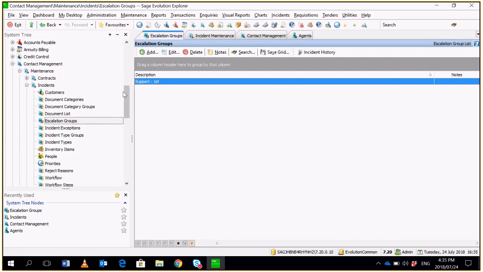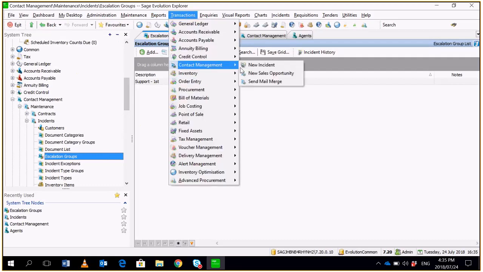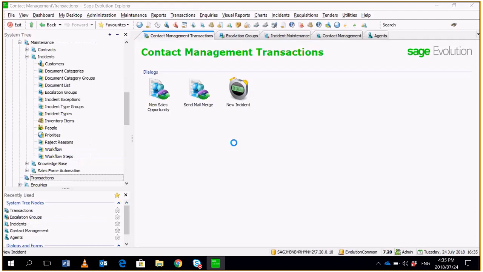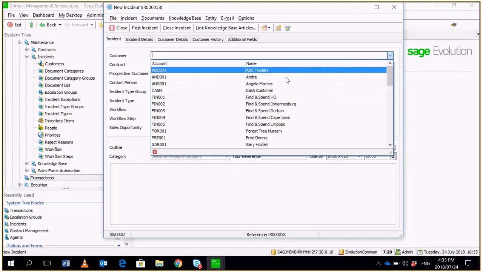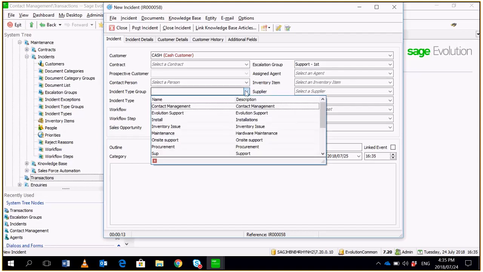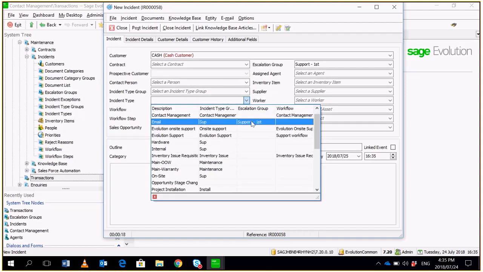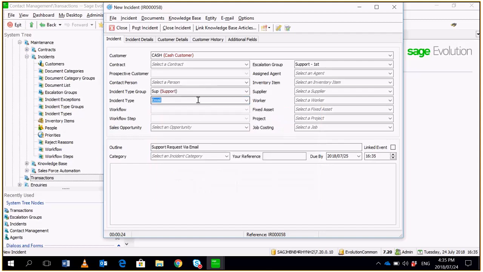So the first thing we're going to do is go and create a new incident and link it to an escalation group. I think this is linked to this escalation group,